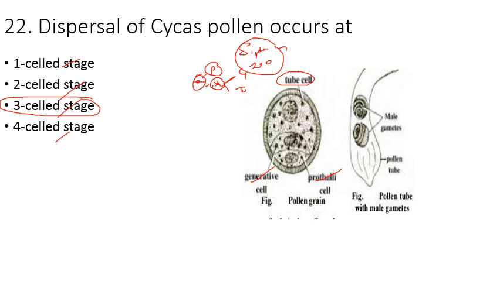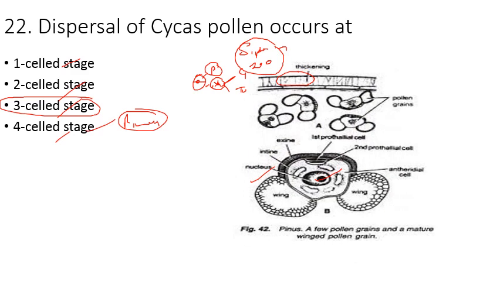The next we have another genus, that is Pinus, and in Pinus the pollen grain is released at 4 cell stage. So it contains